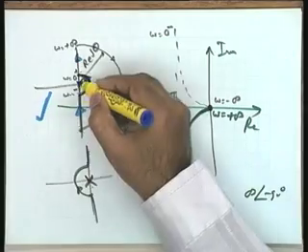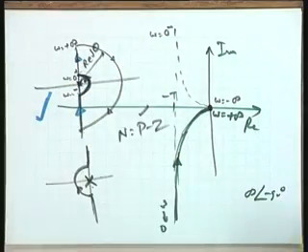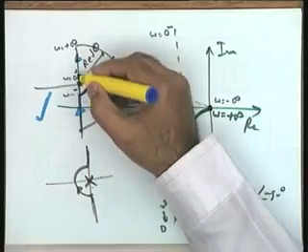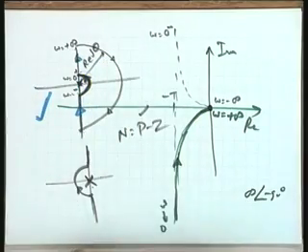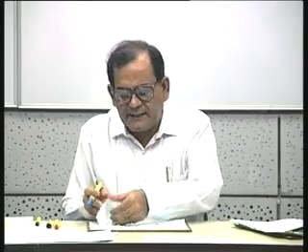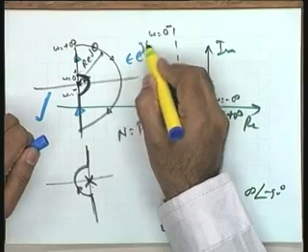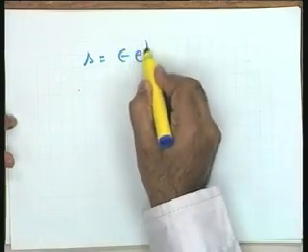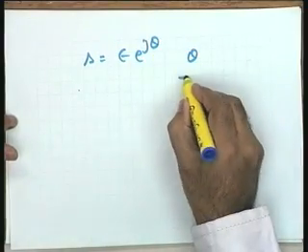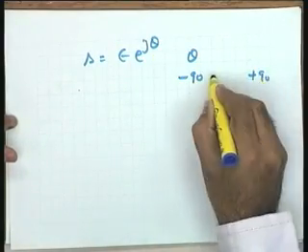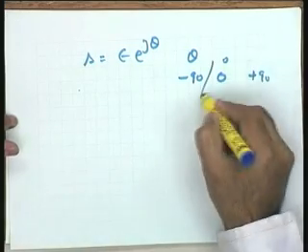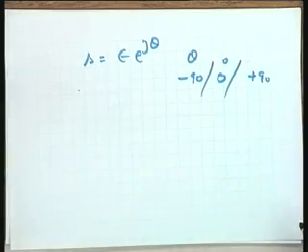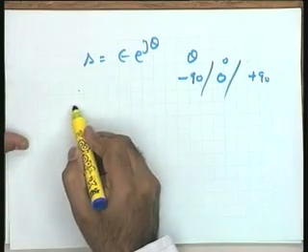If I take this picture, this will not come under P. And now please help me. For this system under consideration, what is the mapping of this semicircle? Come on, make an attempt and then give me the answer. Taking this as epsilon e to the power of j theta, take this semicircle, like the infinite semicircle we had taken. The infinitesimal semicircle is given by s equal to epsilon e to the power of j theta, where theta varies from minus 90 to plus 90 degrees through 0 degrees, please. Come on, let us do the substitution.